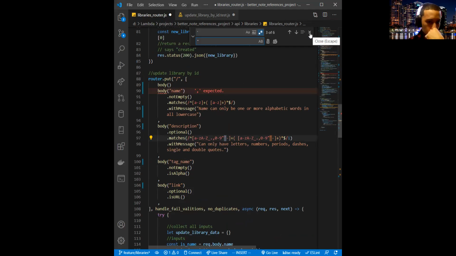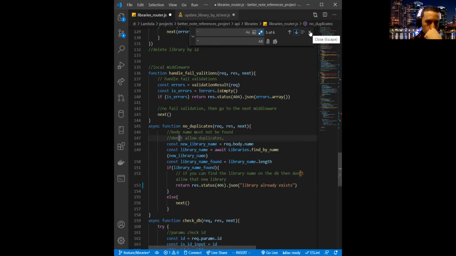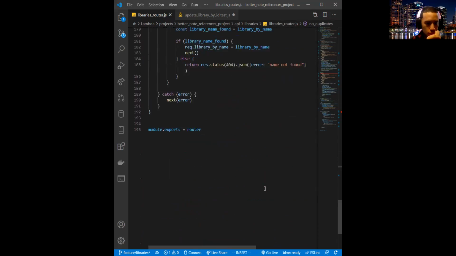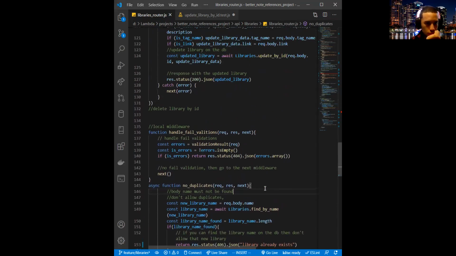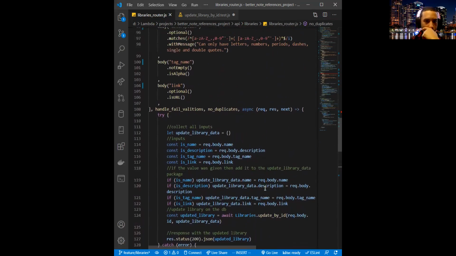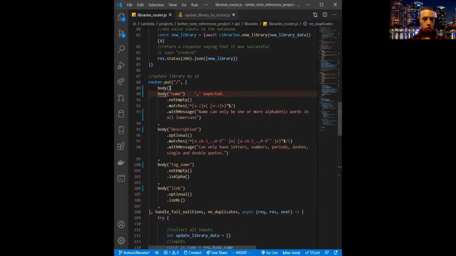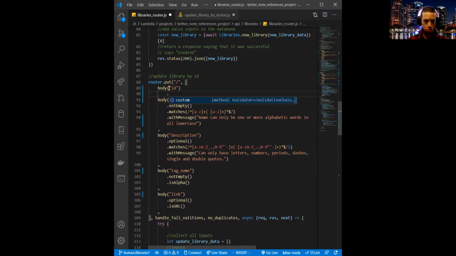Don't touch those. Cool. Right. So we got body, ID. This int should work.